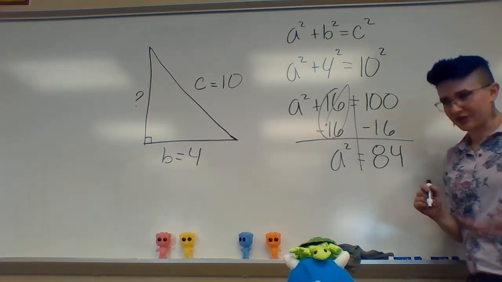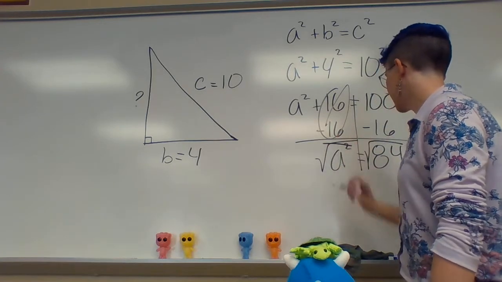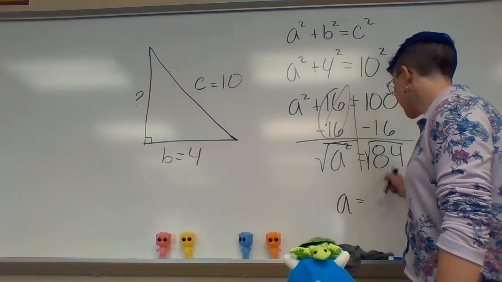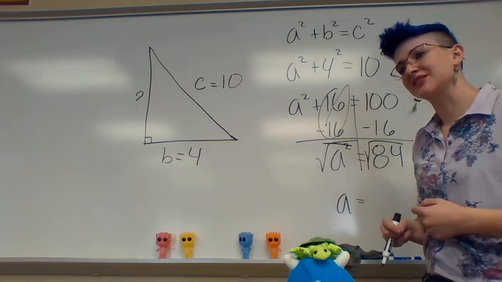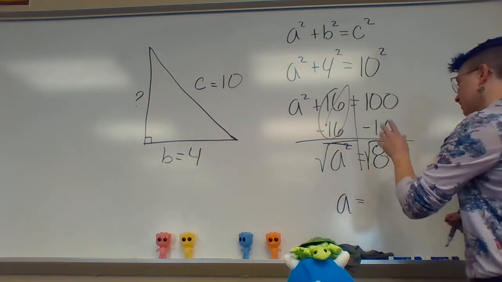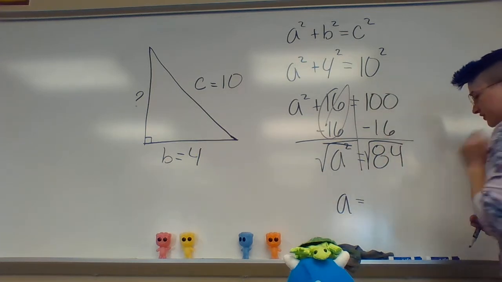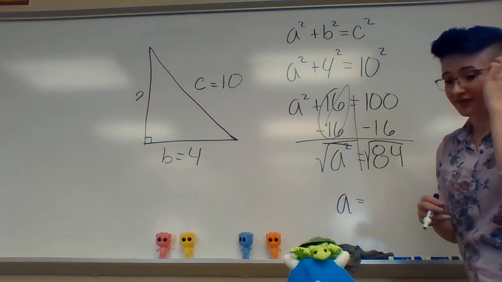Now we do what we've done with all the other ones. We end with taking the square root of both sides. That cancels out, and a equals the square root of 84. Okay, so we're kind of refreshed from last week. Instead of doing this on a calculator, we'll do it on a calculator second. We are going to do it in our head first. So if you still have a list of perfect squares pulled up, or if you've got them memorized at this point,